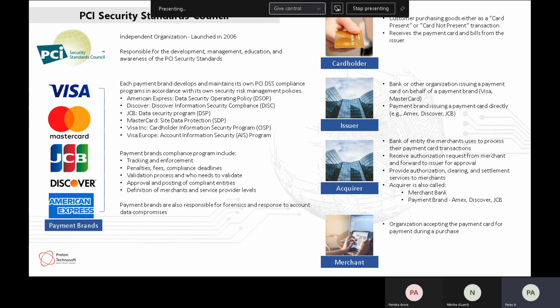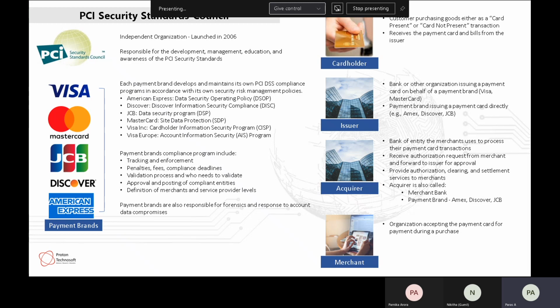In case of American Express, Discover, and JCB, these are closed network or closed loop networks wherein they don't have a specific issuer. They themselves are the issuer. So American Express is not a co-branded card. American Express is an American Express card. Visa doesn't have a Visa card. Visa has an ICICI Visa card or HDFC Visa card. American Express has an American Express card. So in a way they are a closed loop payment system, whereas Visa and MasterCard are an open loop payment system or payment brand.